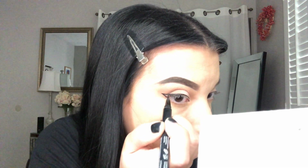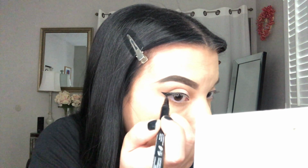And then I just bring it all the way across. That's it. Lashes are on, they make such a big difference. Next, I'm just gonna show you how I contour my nose really quick. I have this old Too Faced Cocoa Contour Powder palette, and you can't find it anywhere, it's like discontinued, but